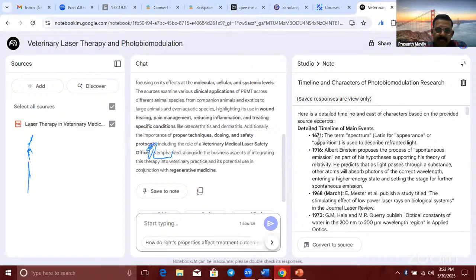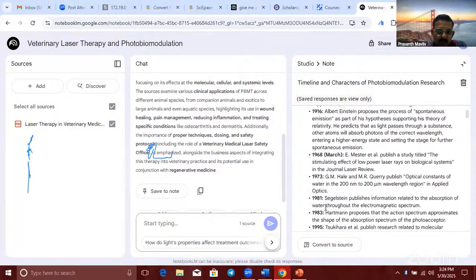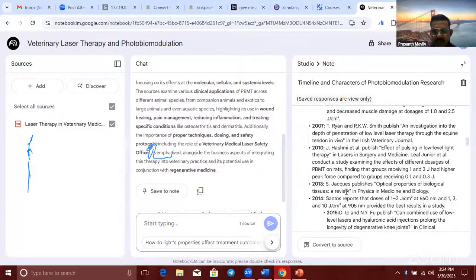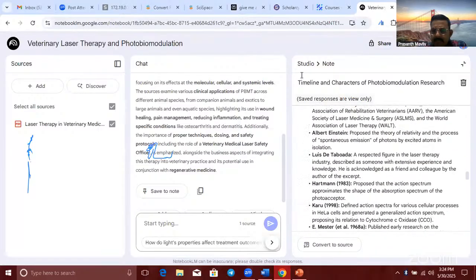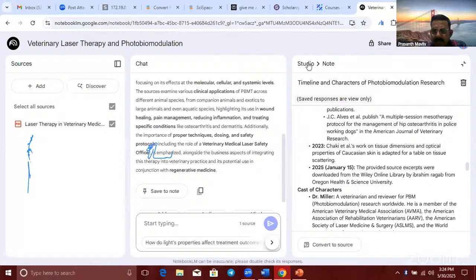See, from 1671 onwards, 1968, 1973, 1981, whatever things are mentioned in this book, it will create a timeline and give it in a ready snapshot. You can see up to 2022, 25.